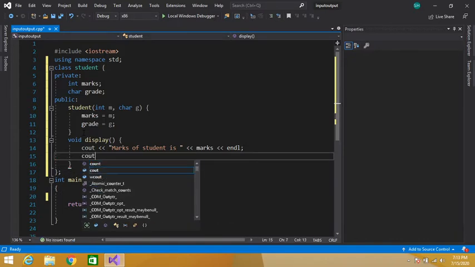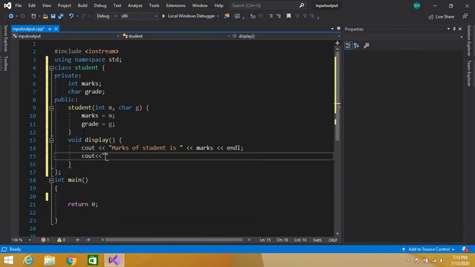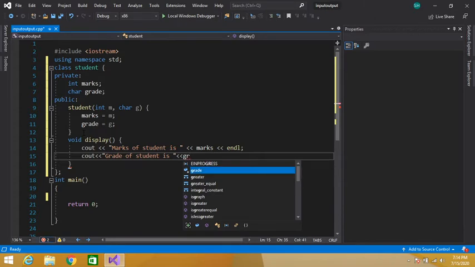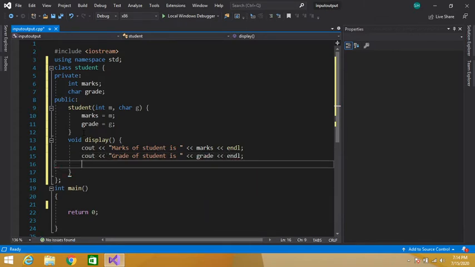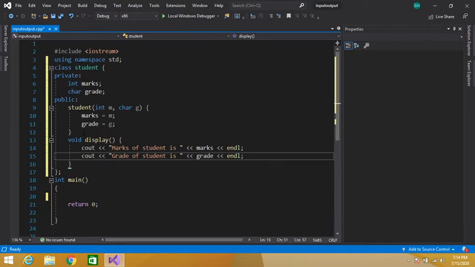Similarly, we will display the grade. Grade of student is, so here we will display the grade, with endline. So we have created this function to display the values.